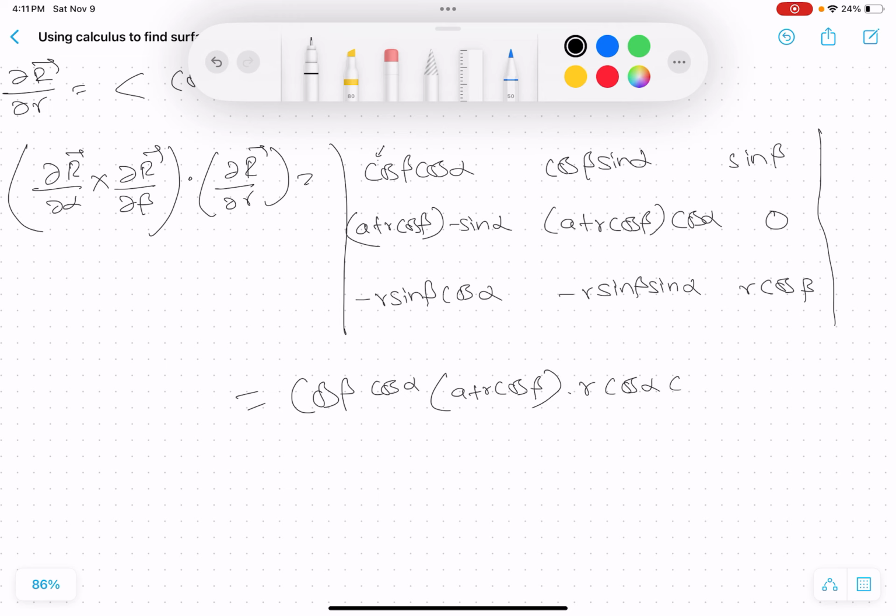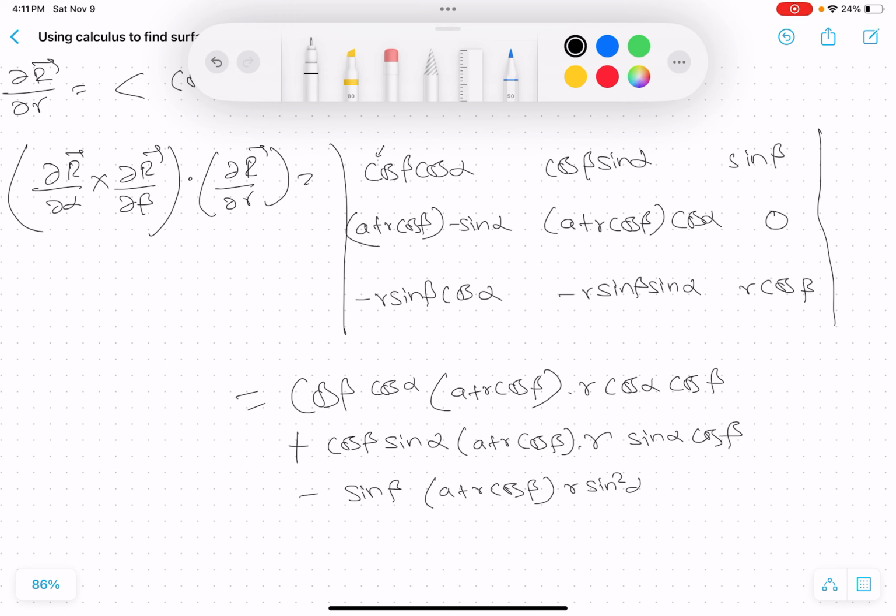Now minus cos beta sine alpha, that will be multiplied with a plus r cos beta times r, that minus sine alpha will make it plus, and then sine alpha cos beta, again minus sine beta times, that will just be a plus r cos beta r sine square alpha sine beta plus